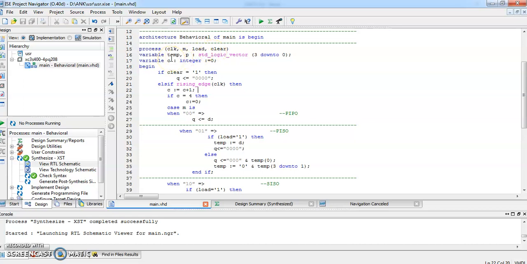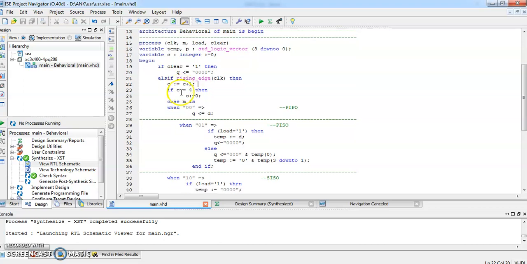Now we are creating 2 temporary variables, temp and p, whose type is standard logic vector and size is compatible with either input or output, that is 4-bit. Now we are creating one variable C for frequency division. Whenever we want to write this code into the kit, we have to go for frequency division.